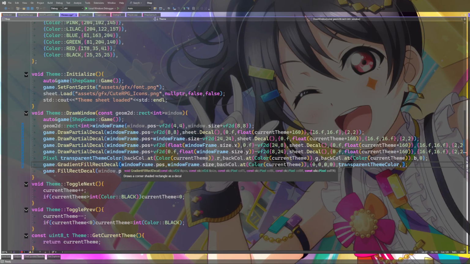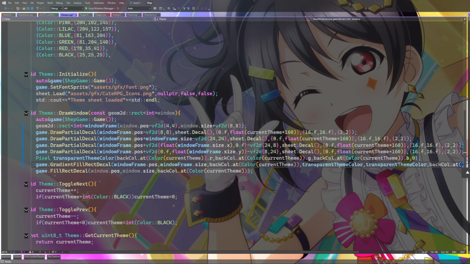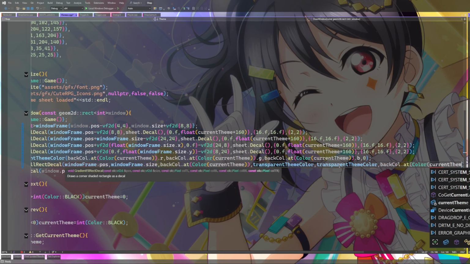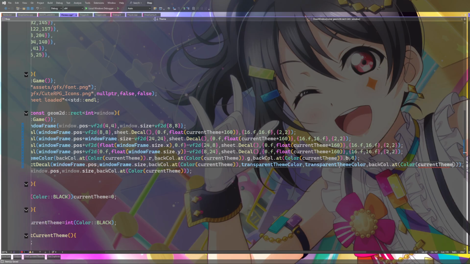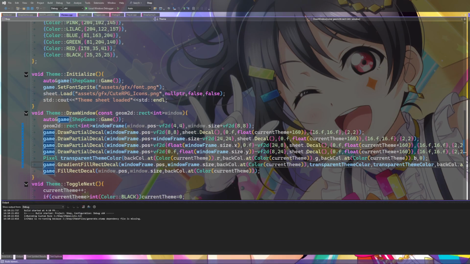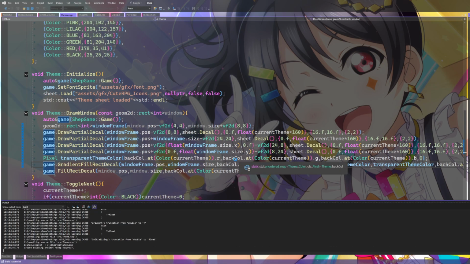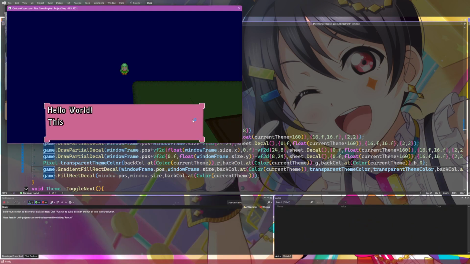Why am I on top right already? I should be on bottom. Oh, I see. Because I don't want it to go to black. I want it to stay the theme color, but... Okay. Let's see how that looks. Okay, so it does do that. And that more or less is the effect I'm looking for.